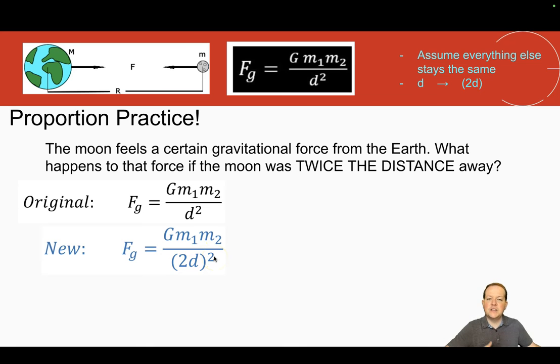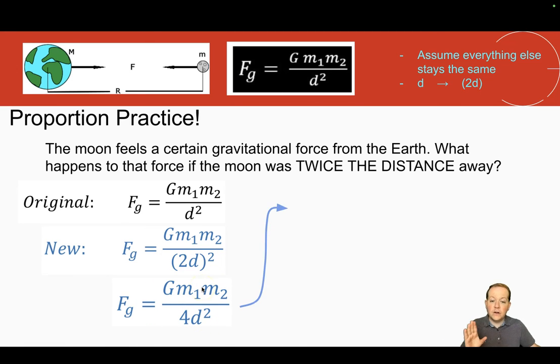Now let's just do some algebra simplification, okay? The top doesn't change. There's a big hint. The top part isn't going to change, but what do you think I'm going to write on the bottom here? What's the next step? Remember, we've seen this before. The rule of math is if I'm raising something to an exponent, I have to do that for everything within the parentheses. So I have to take 2 and I have to square that. 2 squared is 4. d squared, well, that's just d squared. So notice, again, the top hasn't changed, but on the bottom, I've now simplified this exponent here, okay? 2 squared is 4, d squared is d squared. So that's what I got.